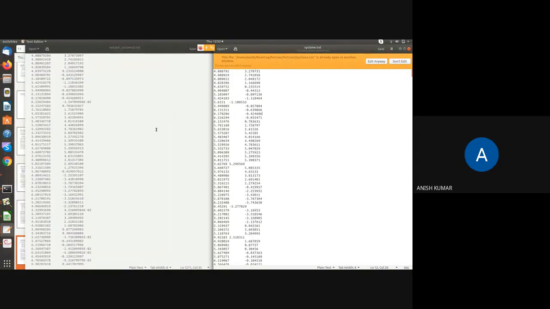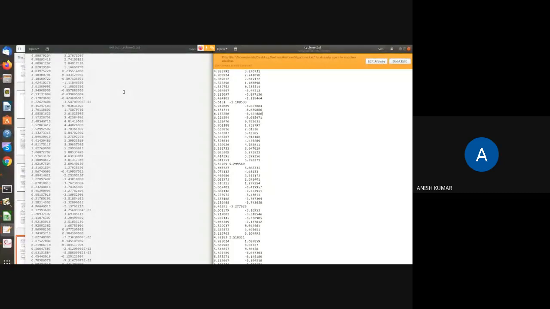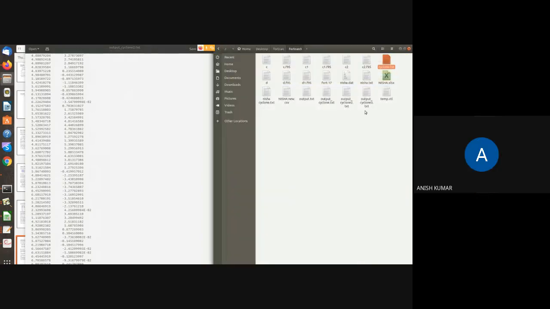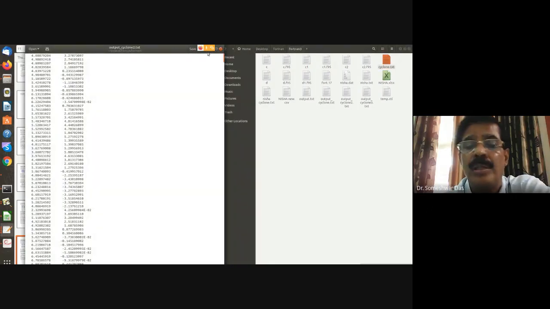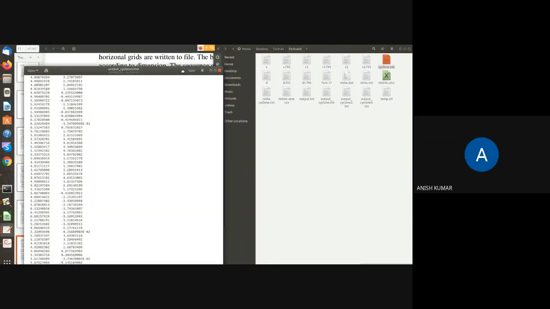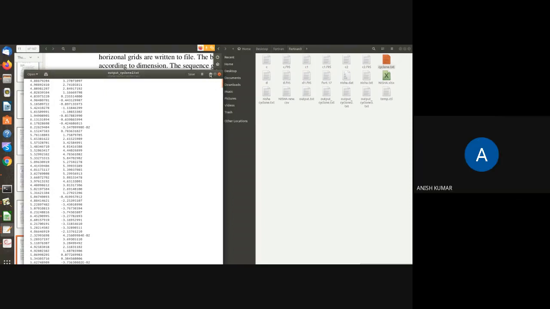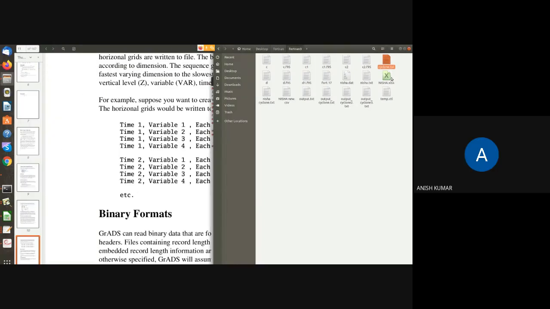Both look the same, but in output Cyclone 2 I have more values after the decimal, sir, and in the Cyclone case I have fewer values after the decimal, sir. So actually this is the same thing that you told me earlier. Yes, sir. Both are same.